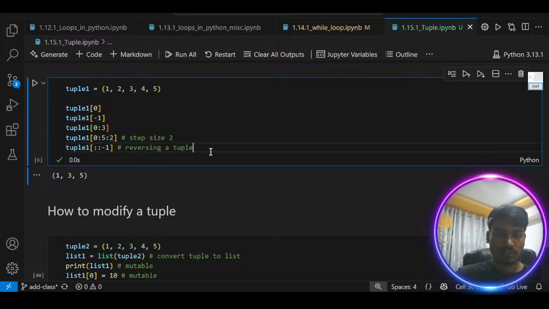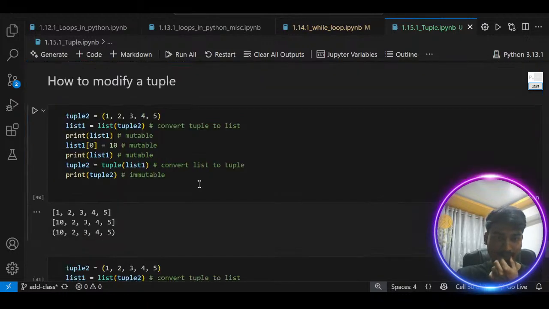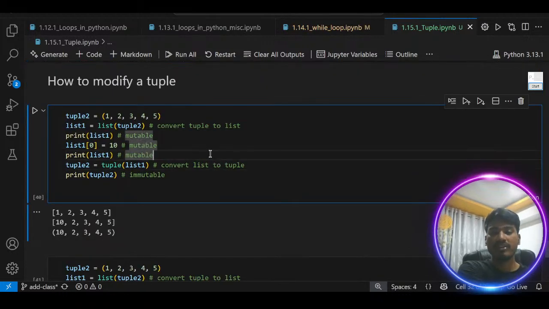So this is universally used. And how to modify a tuple, that also we have seen. Okay, how to modify a tuple. So basically,